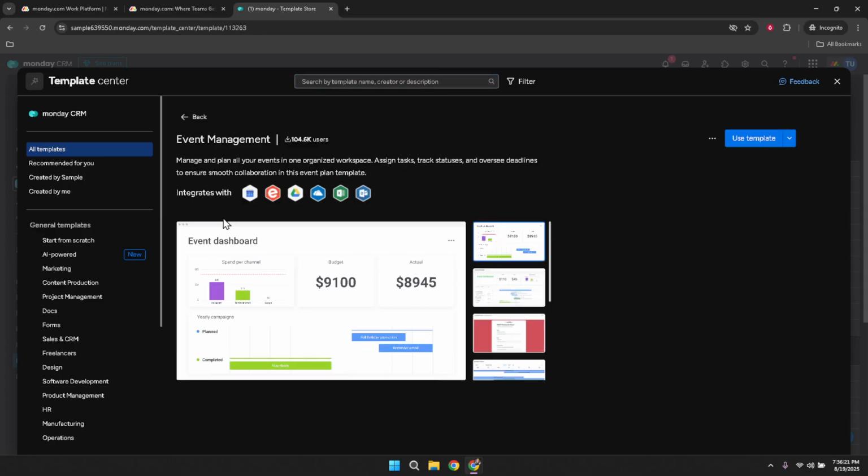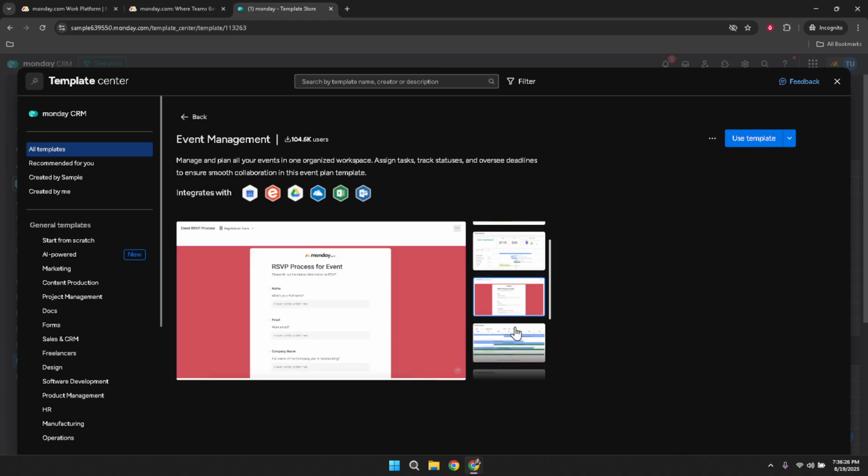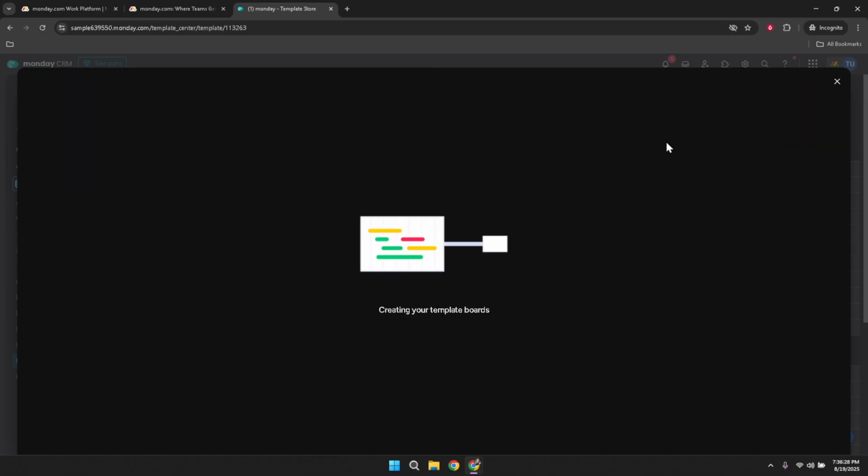After selecting the template, a preview will open, displaying an overview of the template's structure and features. Feel free to explore this preview to ensure it aligns with your needs. If it does, click on Use Template. This will import the event management template directly into your workspace, allowing you to customize it further to suit your